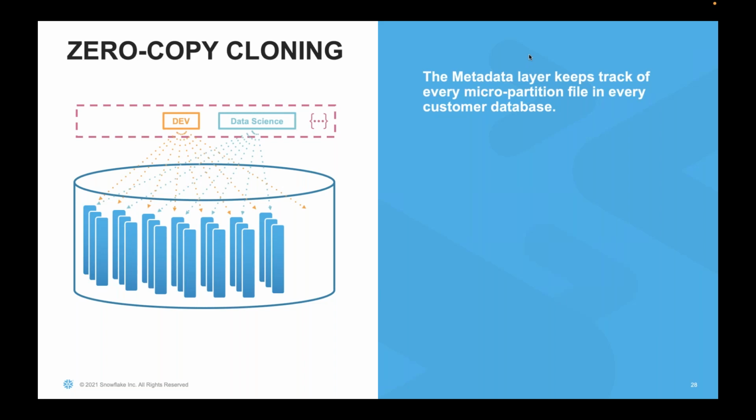So you see, I have a dev pointer and I want to use that data for my other project. Say, for example, in my QA project, I have data which I want to bring to my prod. So I don't need to do data copying. What I do is cloning. What does cloning do? It will create a pointer to that data set, make a secondary pointer to that data set, and make that available in the metadata layer. Now, any new data that is added will be respective to that particular environment, like the QA environment.